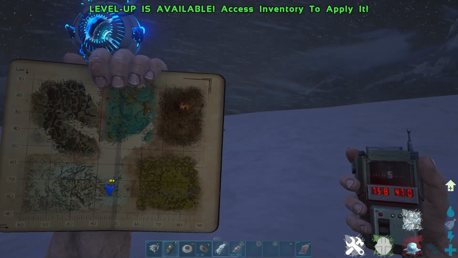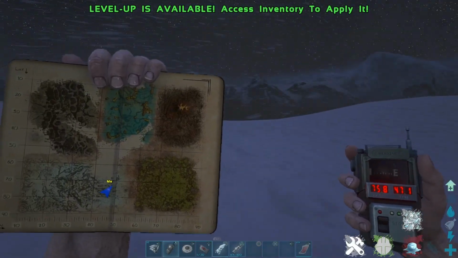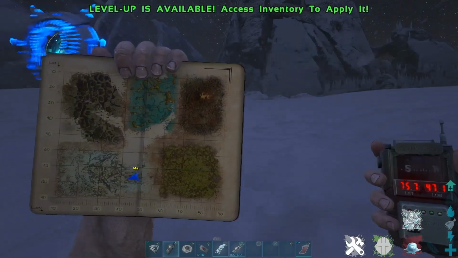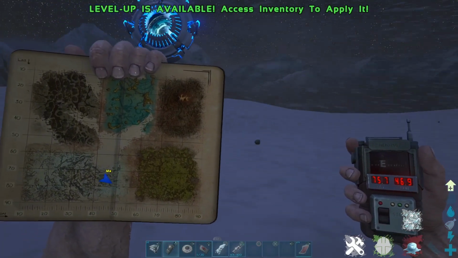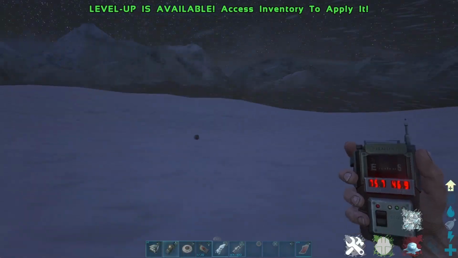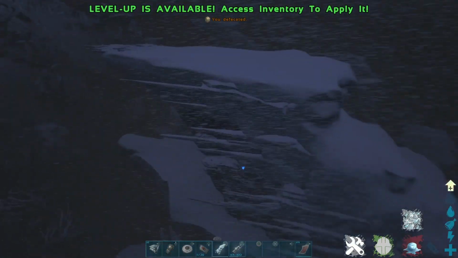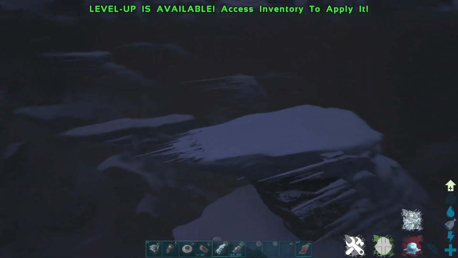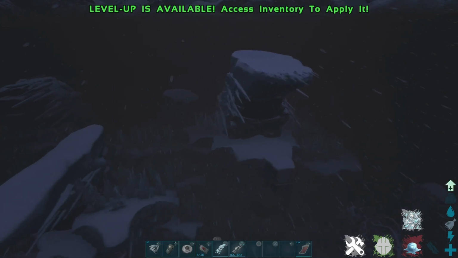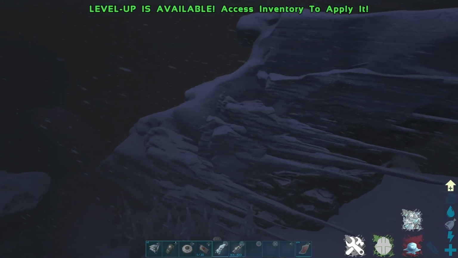So the sixth one I'm going to show you here is really a hard one to get up to, but it's a really good area at the same time. Now it's 75.7 by 46.9. If I was to fly up and show you guys, it is in the snowstorm area in the Arctic biome, but it is so high up that no land dino is going to be able to get up there,